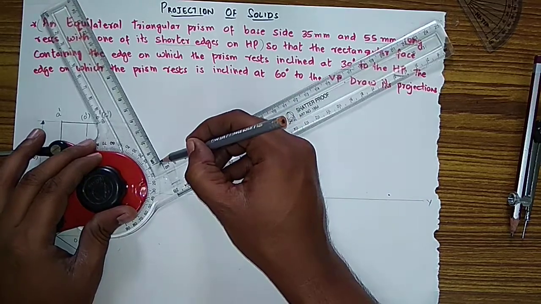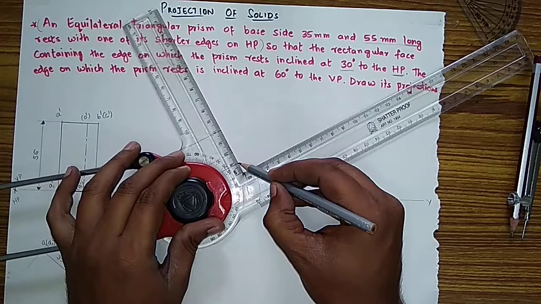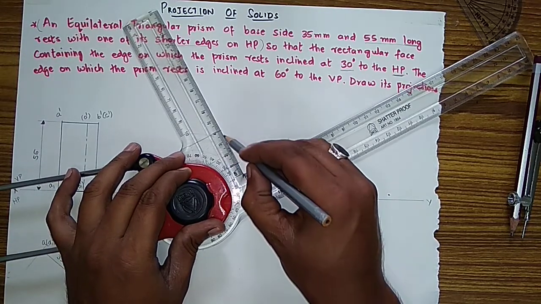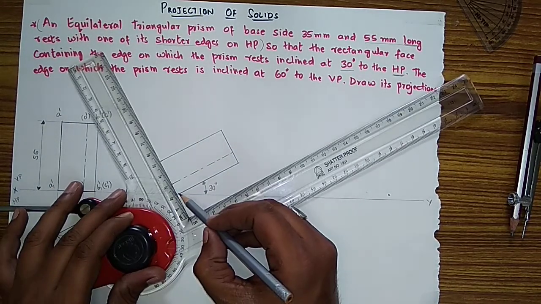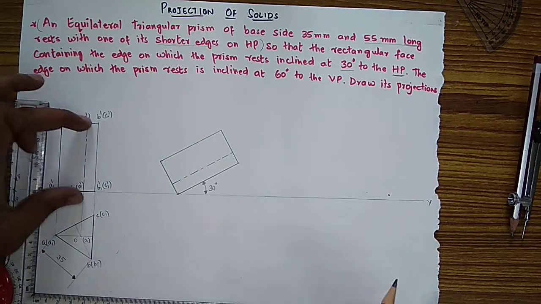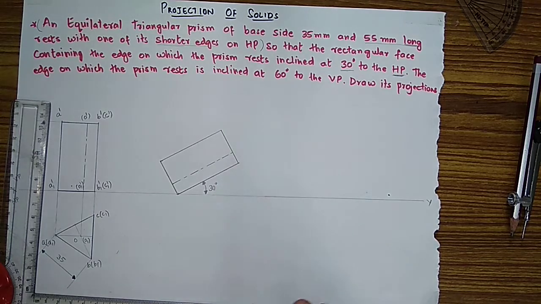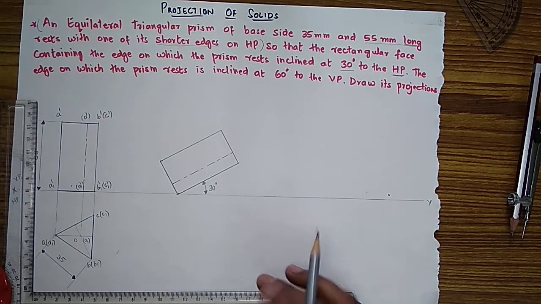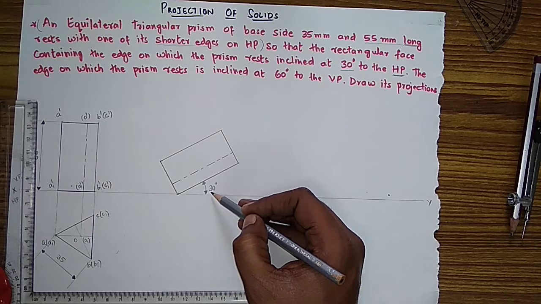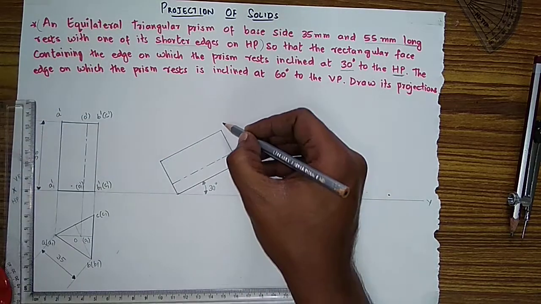Okay, this much is also 55. Draw this line. Draw this line also darkly, so that this prism is resting on its rectangle face having the 30 degree angle. According to the question I have done and shown you the angle also, and whatever labeling you are having here, the same labeling you have to do here.